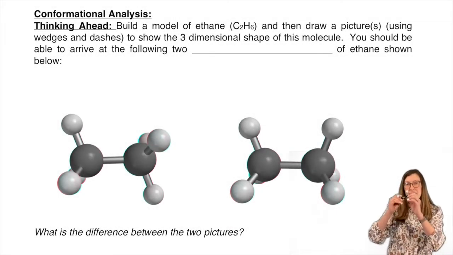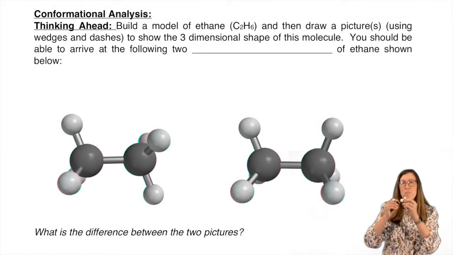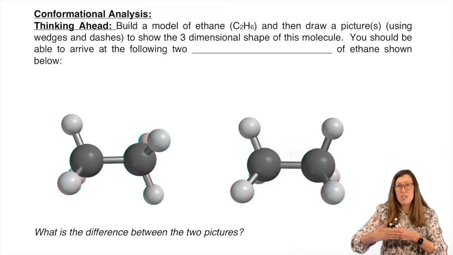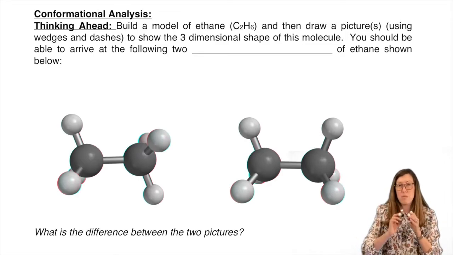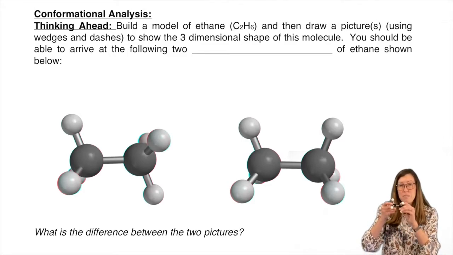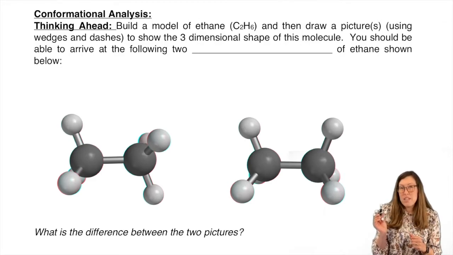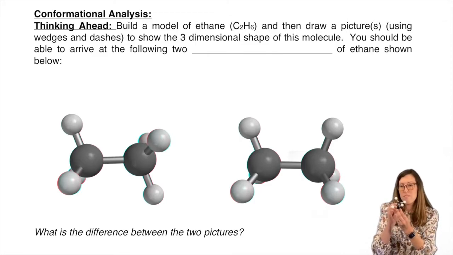So when you built ethane, you could see these bonds freely rotate. Remember, sigma bonds are made from end-to-end overlap, right? To make that from the hybrid orbitals. And they're not restricted to parallel overlap, which p orbitals require. So you can't rotate around pi bonds because those p orbitals would be out of alignment, but sigma bonds, no problem.